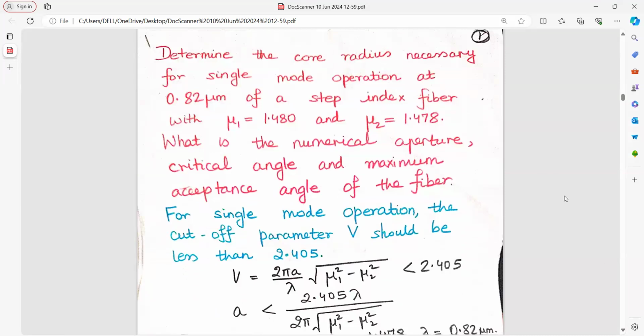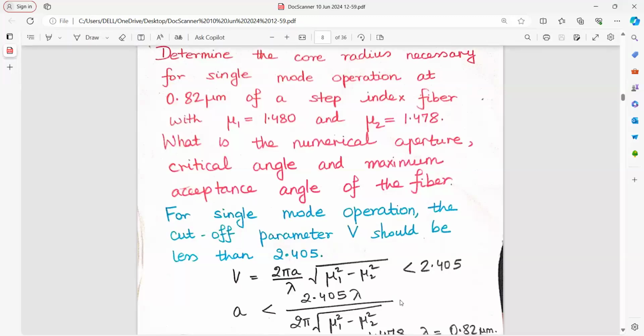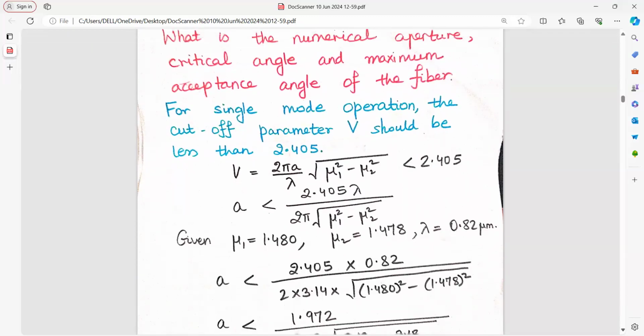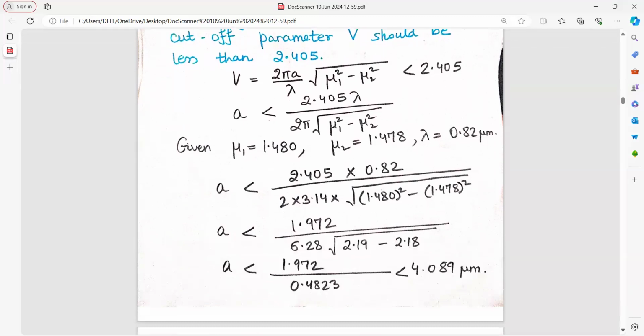Determine the core radius necessary for single mode operation, where you have been given the refractive indices. What is the numerical aperture, critical angle, and maximum acceptance angle? This numerical can be very easy for B.Tech first year students. See, for single mode operation, cutoff V parameter should be less than 2.405. So you just check out what the V number is coming with this value, put the values, and you see A is coming out less than